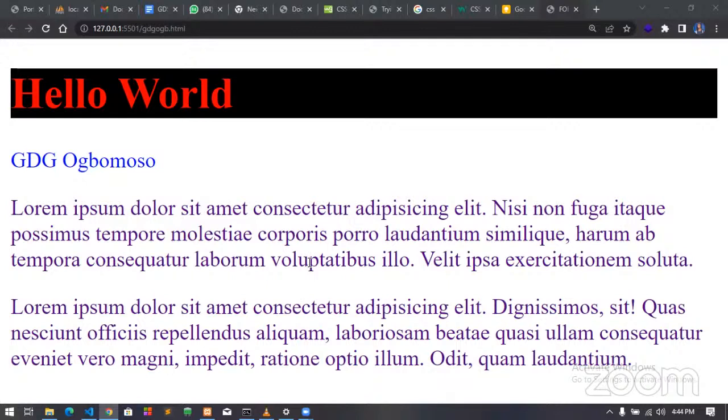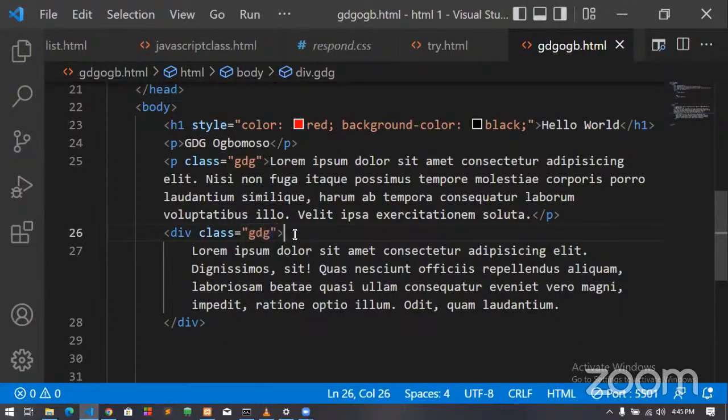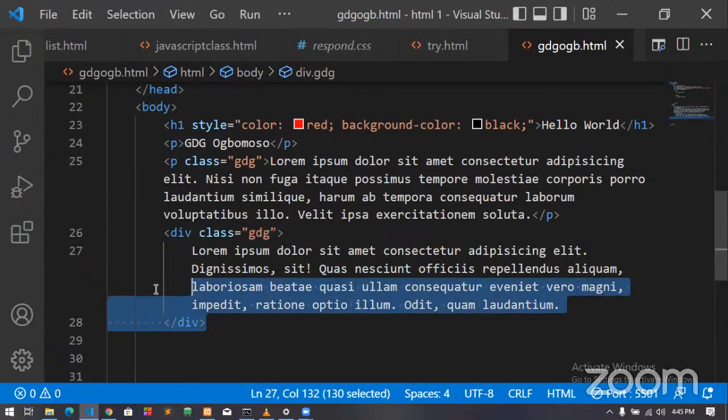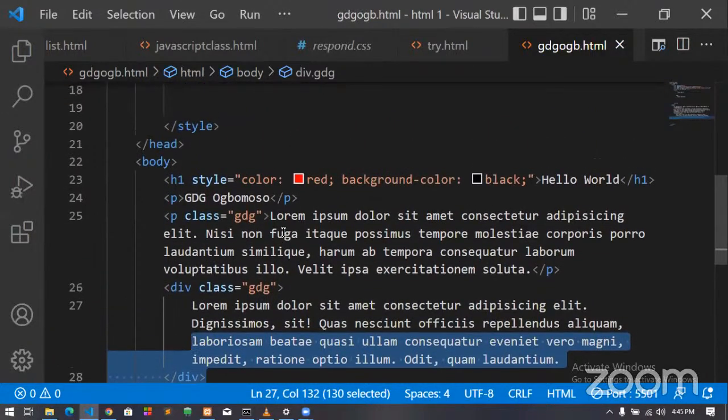Okay, who is lost? The classing, probably from the div, when you started the div. Okay, I said that div is actually an important tag in HTML that we'll be using a lot. Div is like just a container that you can put a couple of things inside of. Now, what I'm trying to explain here is that you can use your classes as many times as possible, like various tags can use a particular class. I was giving a scenario.